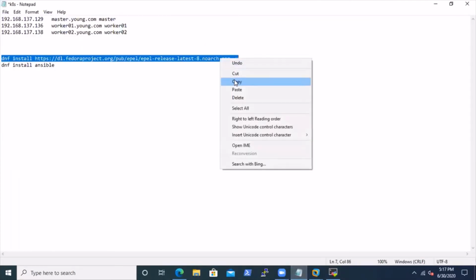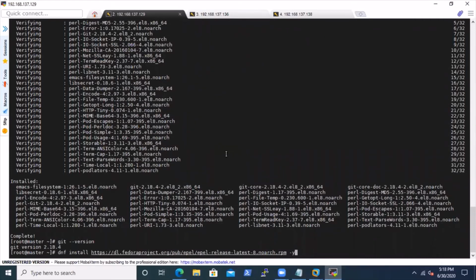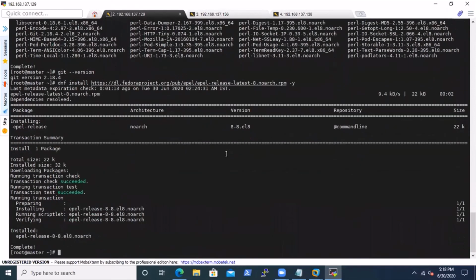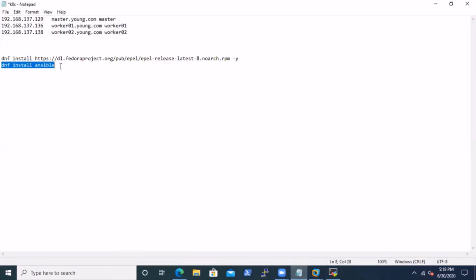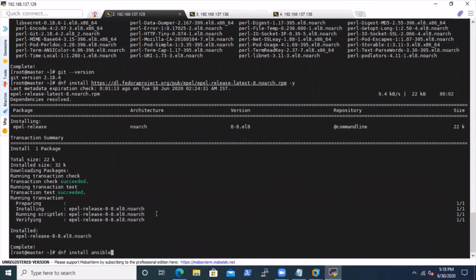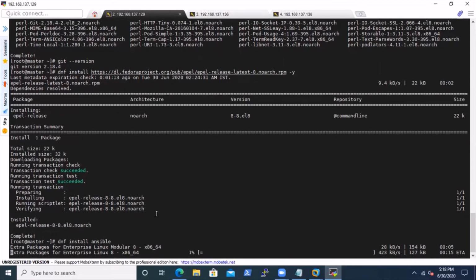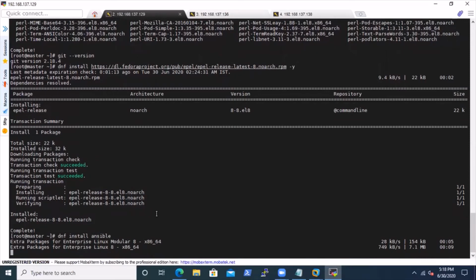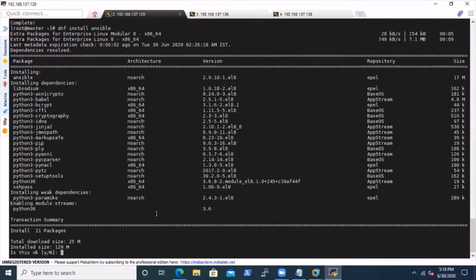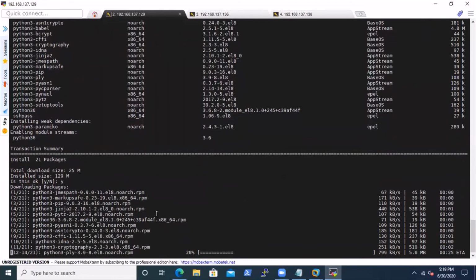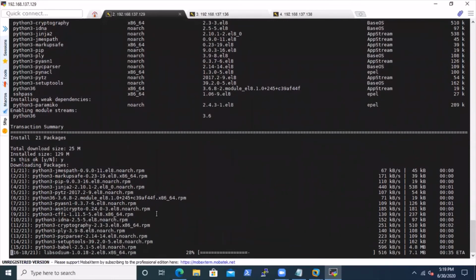Now let me add the repository of Ansible so that I can install Ansible. Okay, the repository is successfully added. Now instead of yum, you can also use DNF. DNF is the advancement made after RHEL 7. Almost the same, but there are a few enhancements in DNF. Actually, it will take some time.